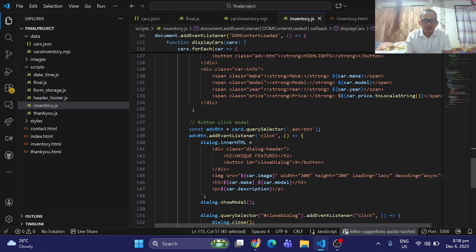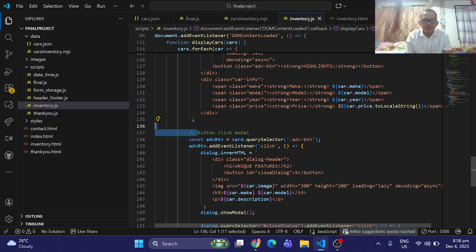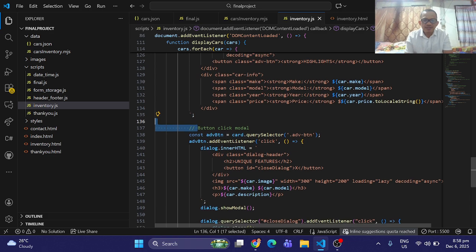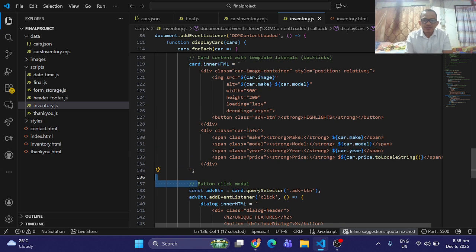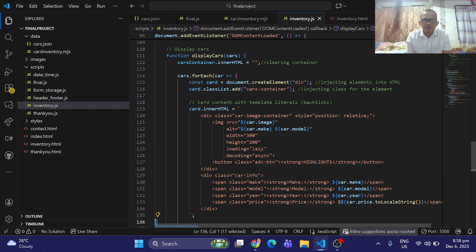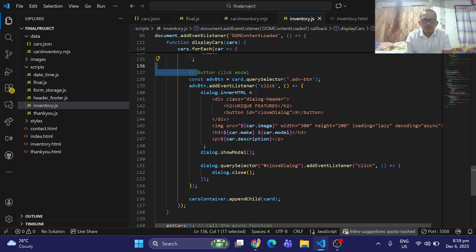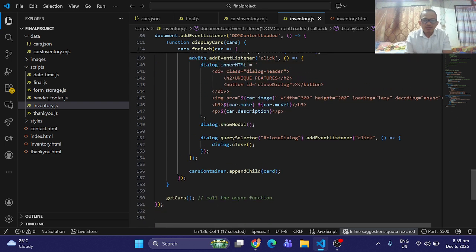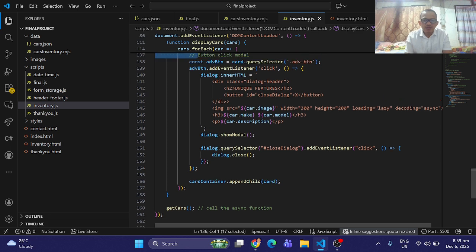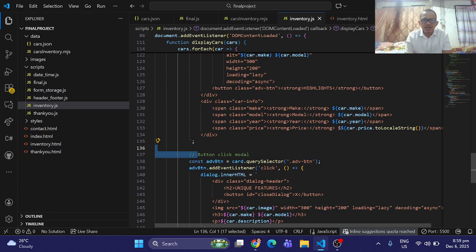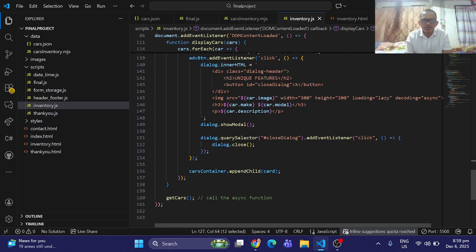And then this is our modal with the add button ID. And also if the customer clicks the highlights button, this is the add button, then our modal will be displayed, the dialog will show.